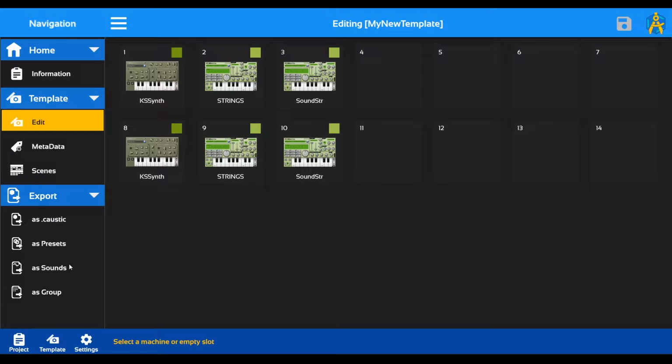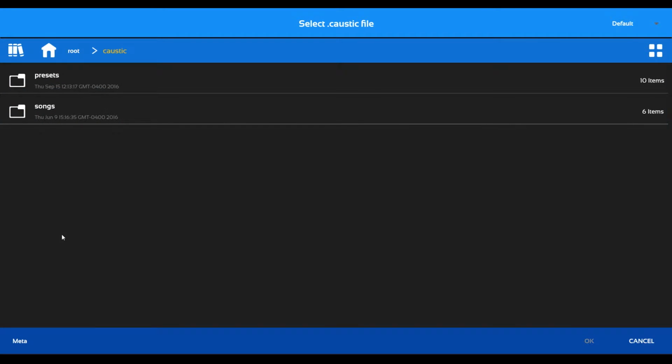Hi, this is Mike again, and I'm going to show you import from Caustic to create a template. So create new from Caustic. Leaving off here, we have this template we created using a preset, the empty and the sound, and then this was imported with a group, which we exported those first three as a group. So now all we need to do is tap new from Caustic, and then I'm going to use